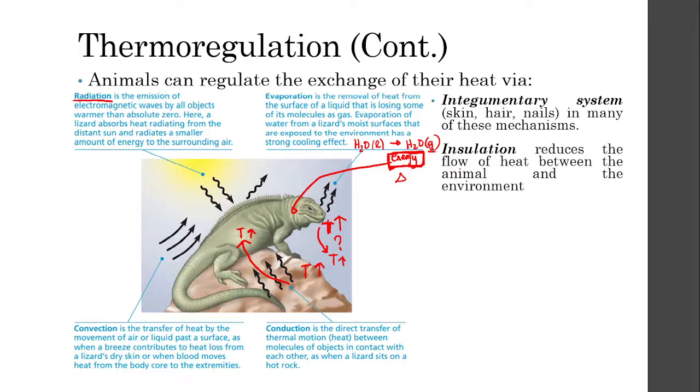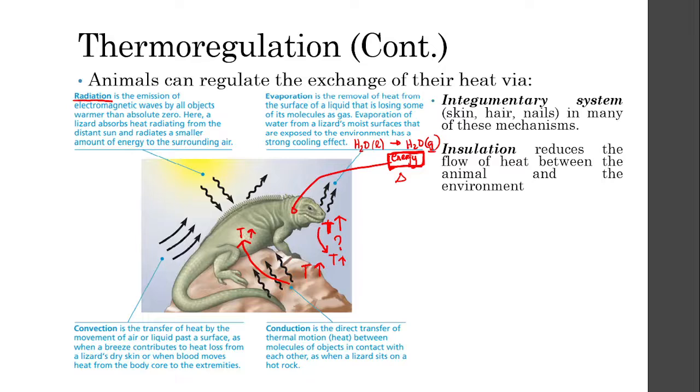So during winter, or when it's very cold, what happens is that a lot of these animals would actually raise their fur, or you can actually see this on birds. They actually raise their feathers, and by raising their feathers, it's trapping more air. And when air is more trapped, they become more insulated, meaning the warmth is kept onto their body. And we actually see this on our skin.